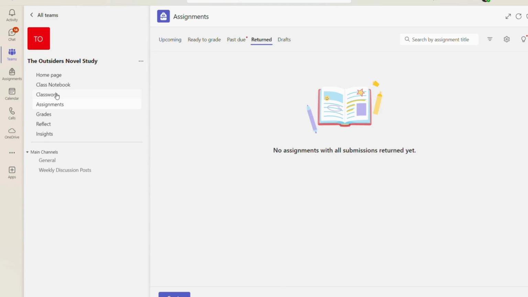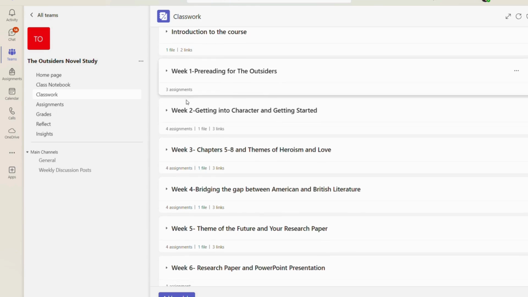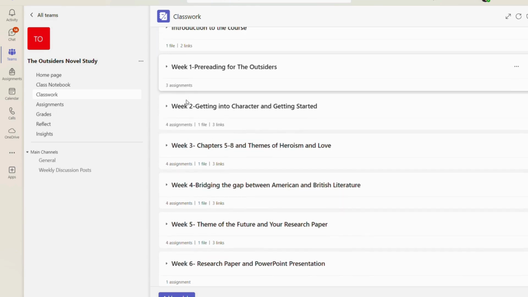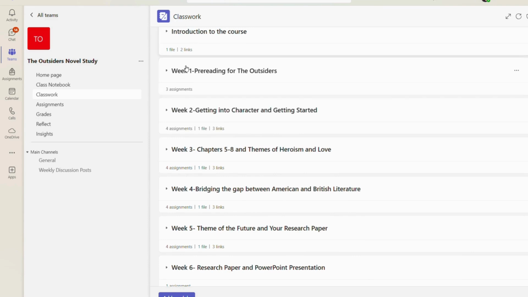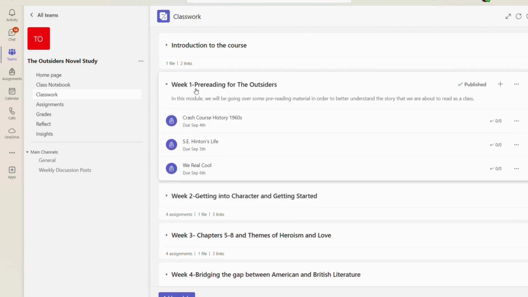But the main way that students will be getting their work is through the Classwork tab, because they can see how many files, how many links, and how many assignments each tab has very quickly. It also sets up the entire course in order from week 1 to week 6 for them. For example, they know that week 1 has 3 assignments,